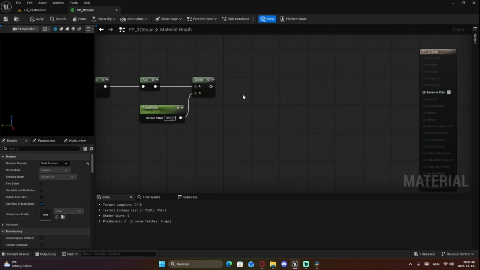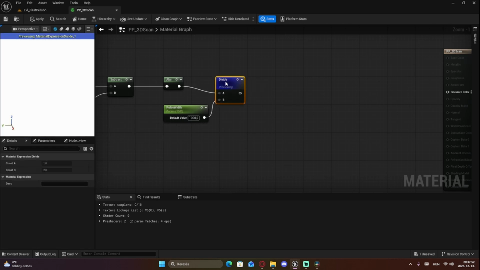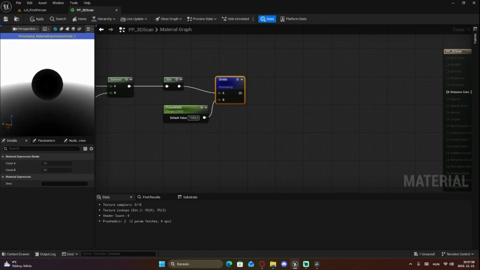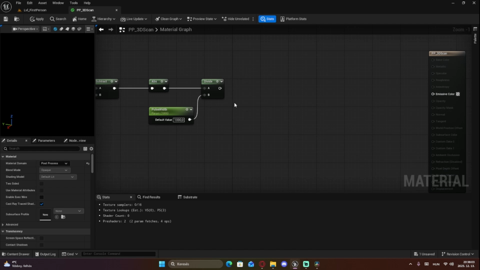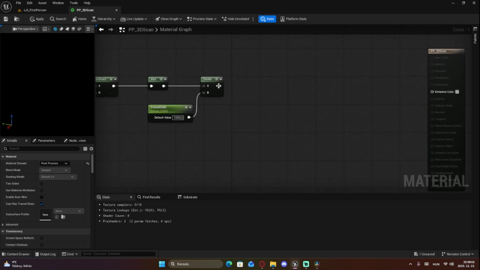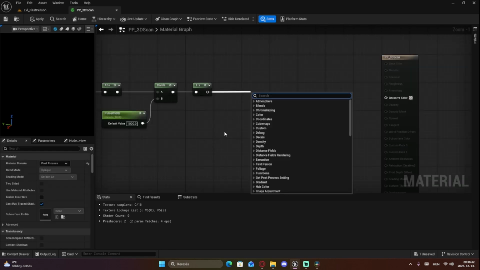And we only have a couple of nodes left. If you preview this now, as you can see, everything is white and our wave is black. Now this is bad because we want the world to be black and our wave to be any color we want. So we are going to flip this with a 1 minus node. After that, we are going to give the color